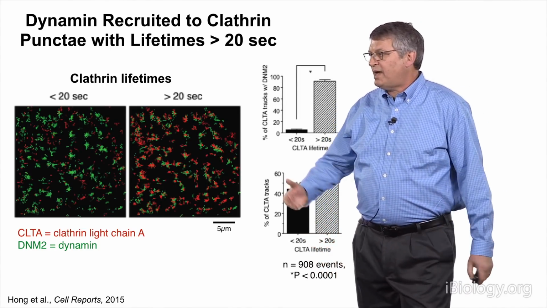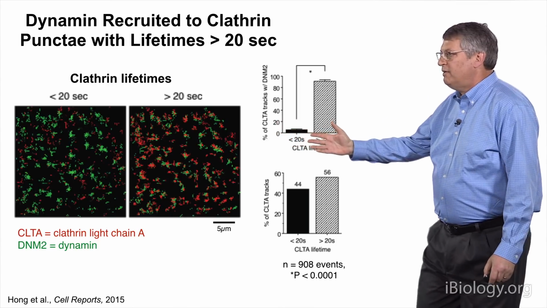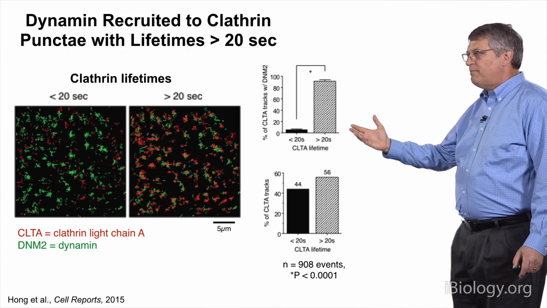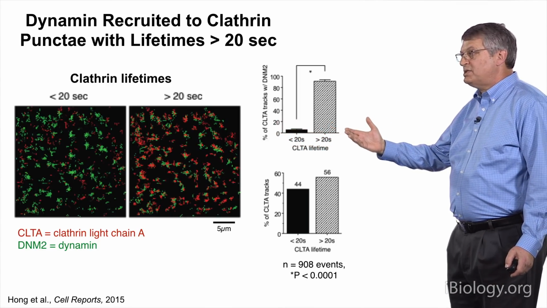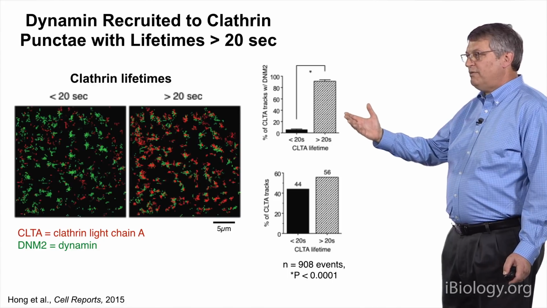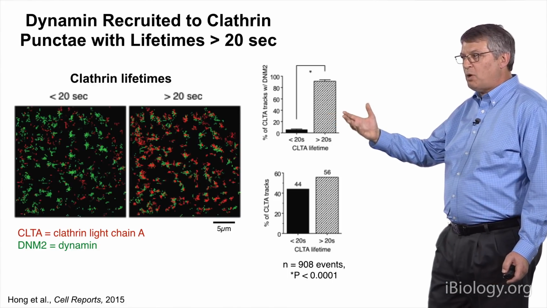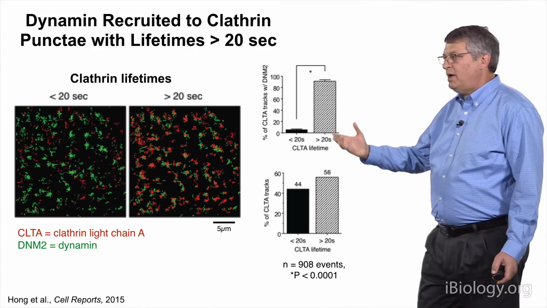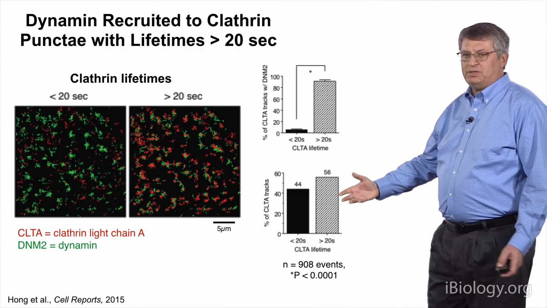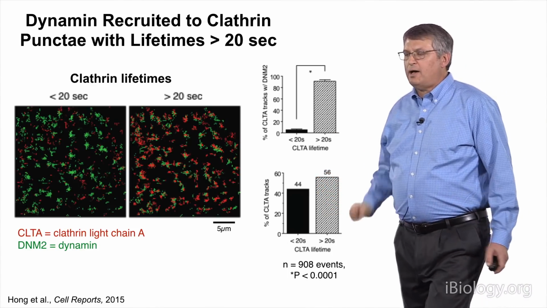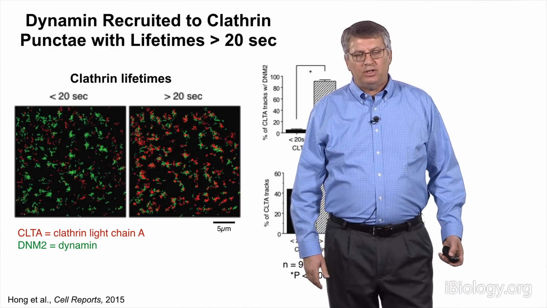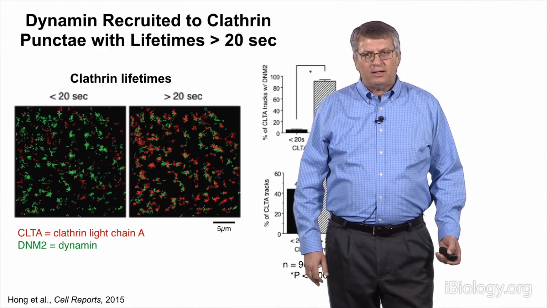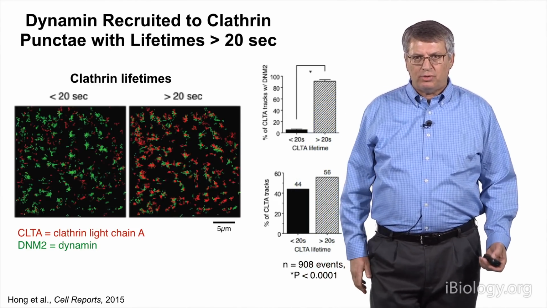And she could quantify that here and show that most of the events that were greater than 20 seconds resulted in the formation of an endocytic vesicle, which we marked by the recruitment of dynamin. And this represented about 56% of the total appearances of clathrin in the turf field. She further analyzed this with her machine learning approach,